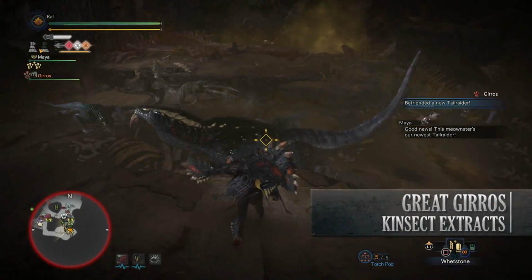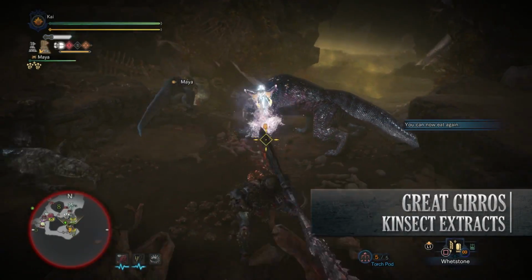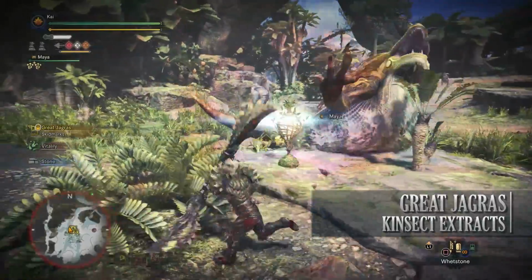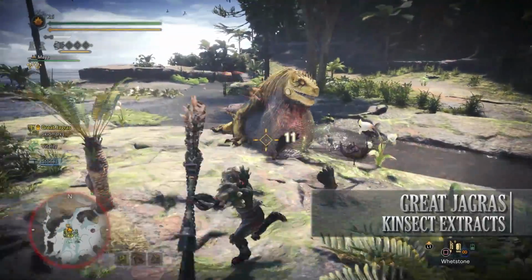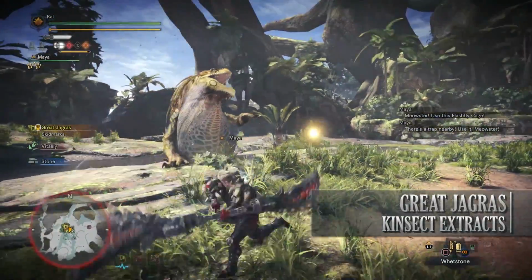Next with Great Girros, this is very similar to Dodogama, so you get red for the head, orange for the body, white for all 4 legs, and green for the tail. Next with Great Jagras, in keeping with the other fanged wyverns, you get red for the head, orange for the body, this includes if Great Jagras is actually bloated after feeding as well, white for any of the legs, and